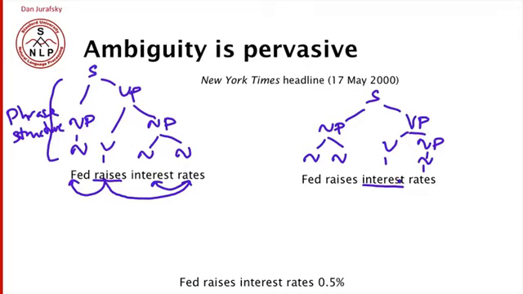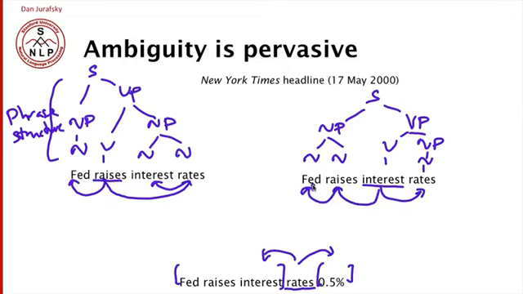In fact, the sentence can get even more difficult. The actual headline was somewhat longer. So we had Fed raises interest rates 0.5%. Here we could imagine that rates is the verb, and now we have what is rating: Fed raises interest. The interest in federal raises are rating 0.5%. So we might have a dependency structure like this. So again, interest rates, the raises are what do the interesting, and the Fed is a modifier of raises.